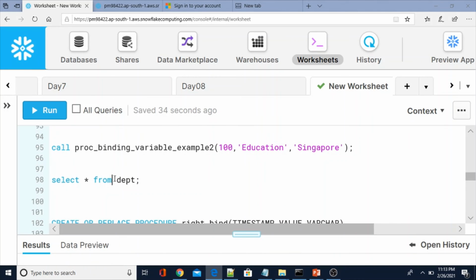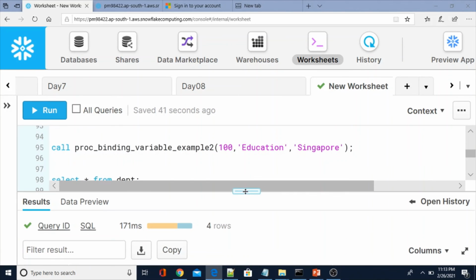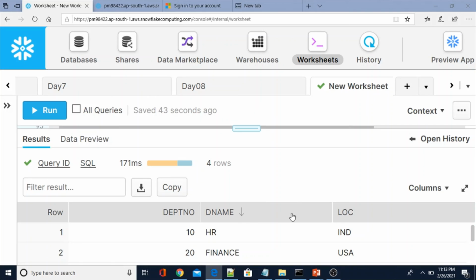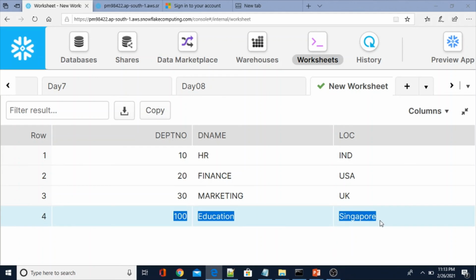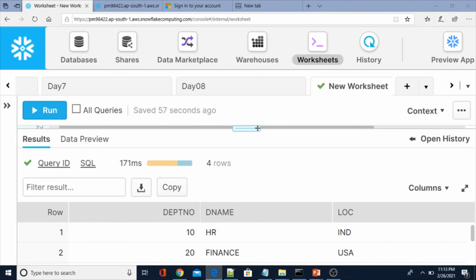Earlier we had 3 records. After inserting this new record using the procedure, we now have a total of 4 rows in the department table, which we inserted by using the bind variable from the Snowflake stored procedure.